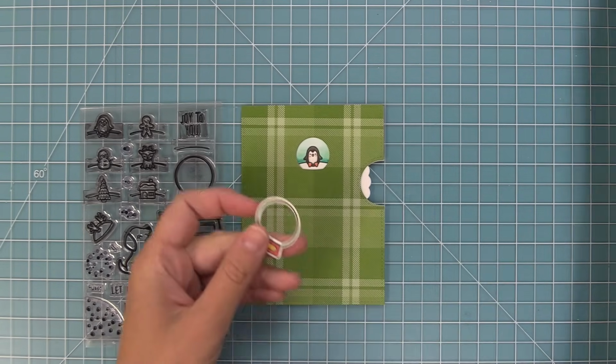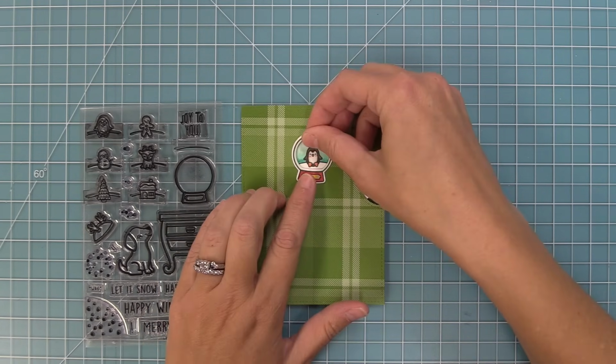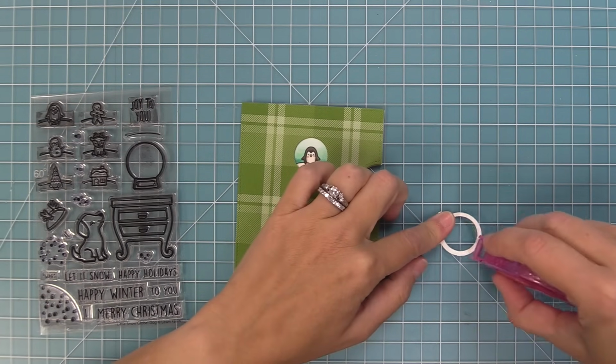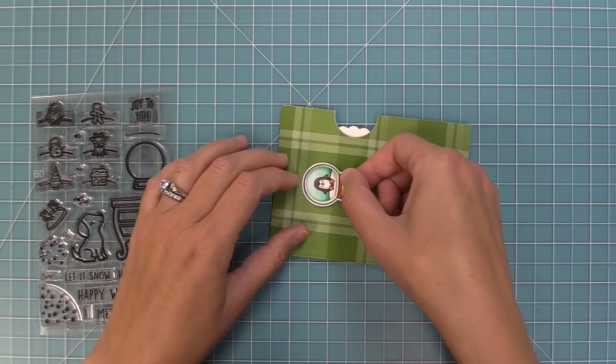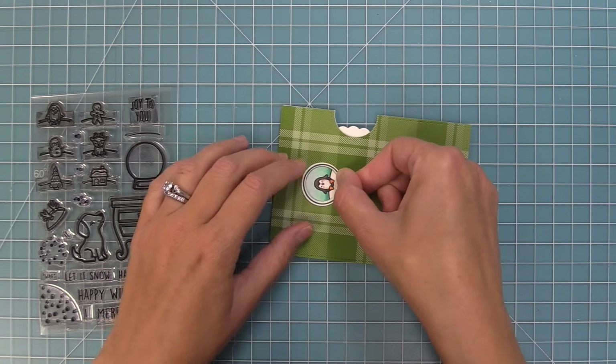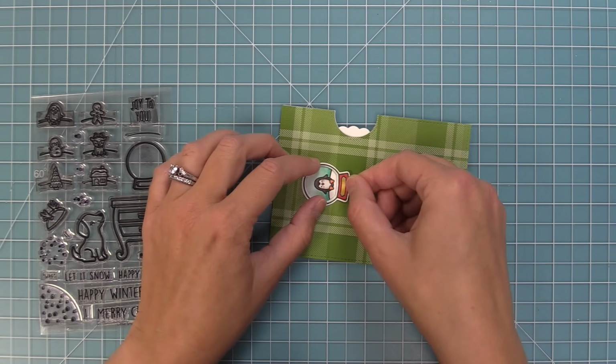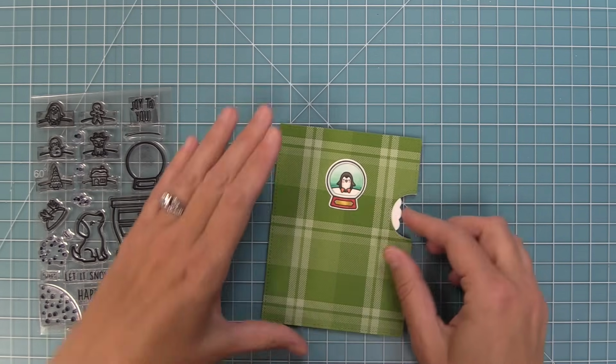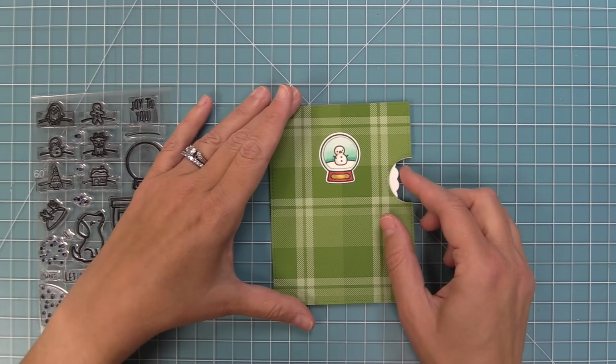We're going to use the one with the center opening because we're going to have all these little images moving inside of the snow globe. So here we're going to add some tape runner all along the back, and that's going to line up perfectly with the window that we cut into this reveal wheel mechanism. Then once we have that all lined up, you can see how cute the little images are in the snow